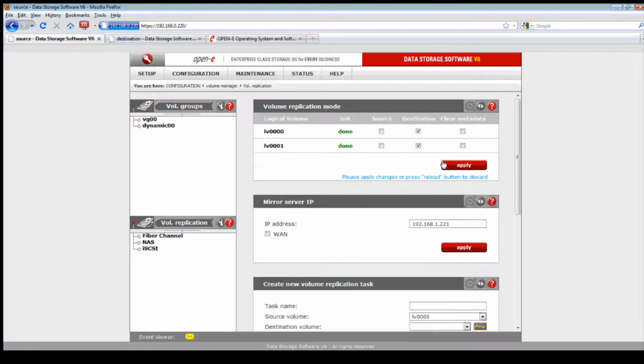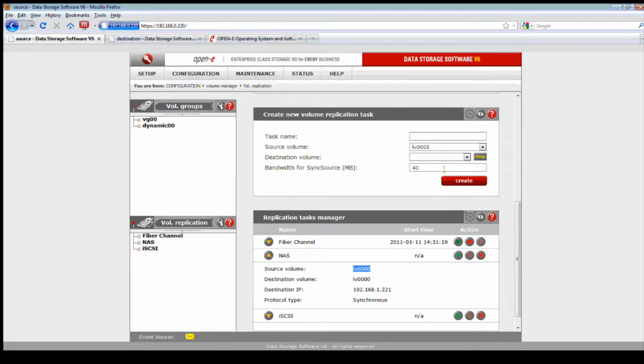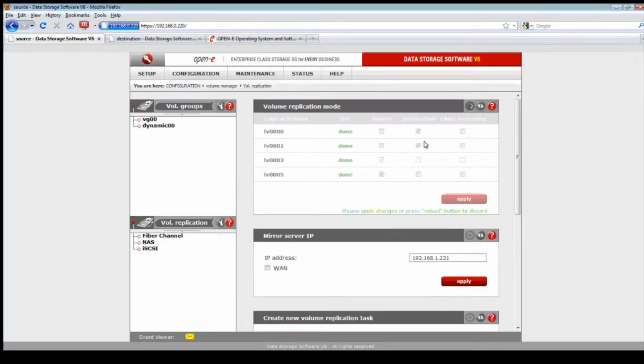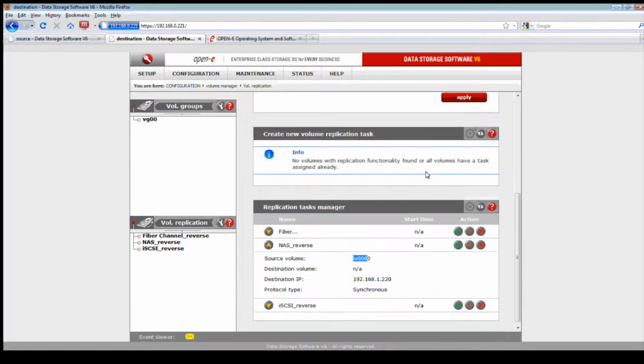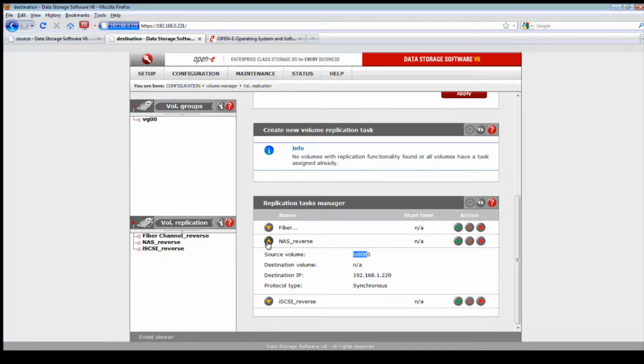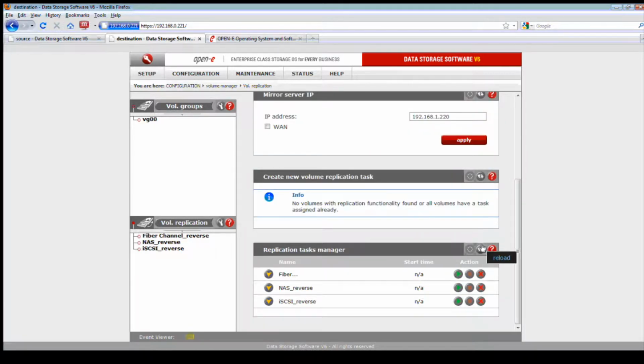Okay, so here again we have our NAS. We want to verify we're on our destination. It was set previously to destination. We see that it's a NAS reverse. We want to make sure that it's LV00. It is. So LV00 is our NAS. We're going to set it to source.